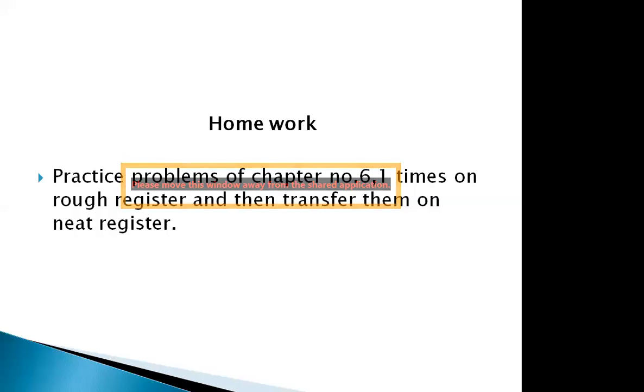So please practice the 6.1, 6.2, 6.3, and 6.4 numericals on the rough register as many times as you can. Then, when you are expert in solving these numericals, transfer them to the neat register only one time. I will check only one time on the neat register. Please make sure when you do the numericals on the neat register, try to write the numerical statement as well. Thank you. If you have any question regarding this